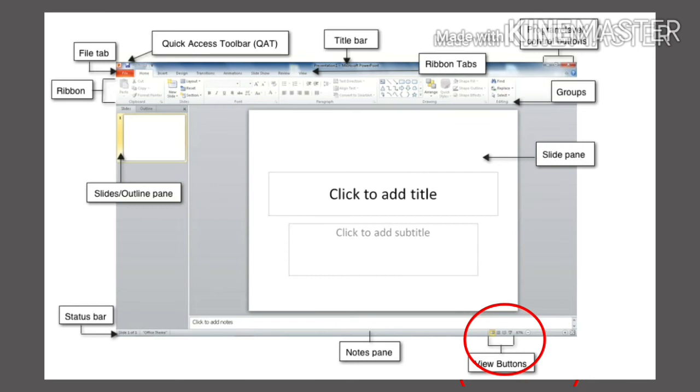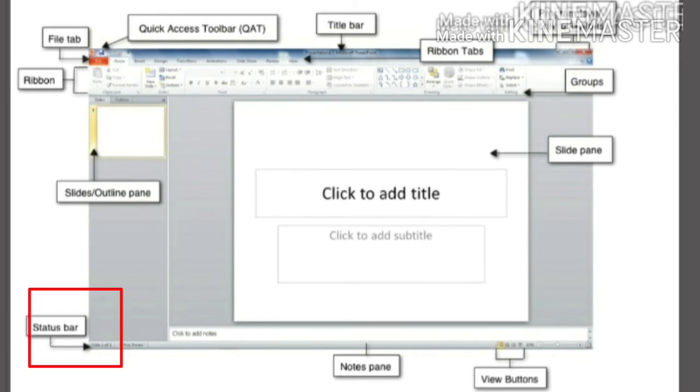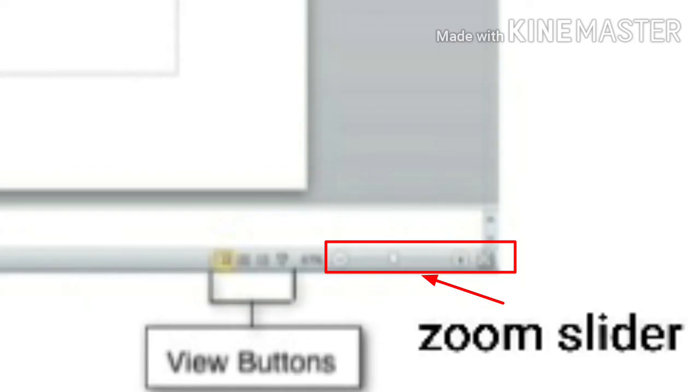And then the file tab, which is at the top left corner, shown in red color, through which you can save your presentation or open an existing presentation or close your presentation. And next is the status bar. It is located at the bottom of the program window, which contains important details about the presentation. And the next is the zoom slider button, which is located at the right bottom side of the program window,